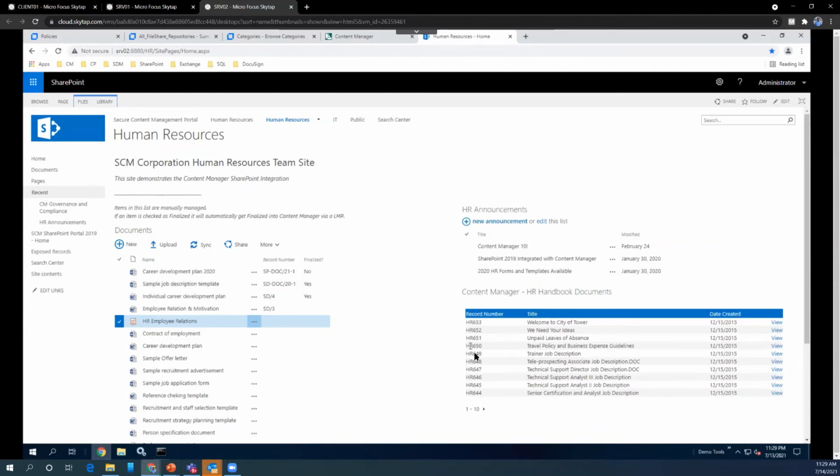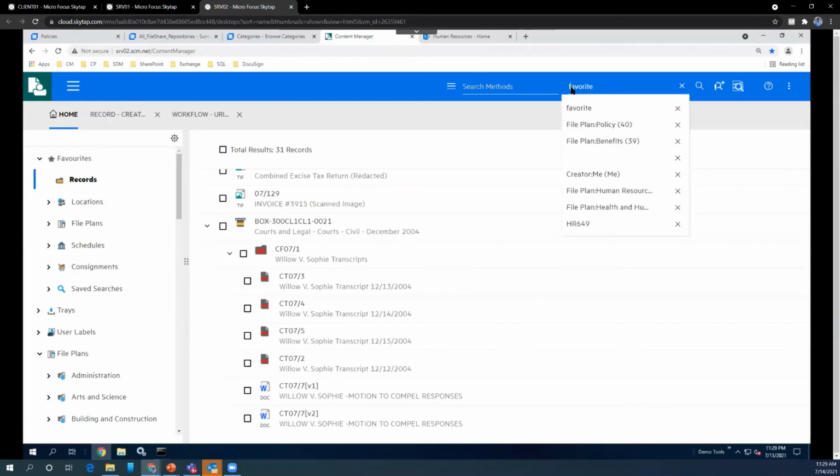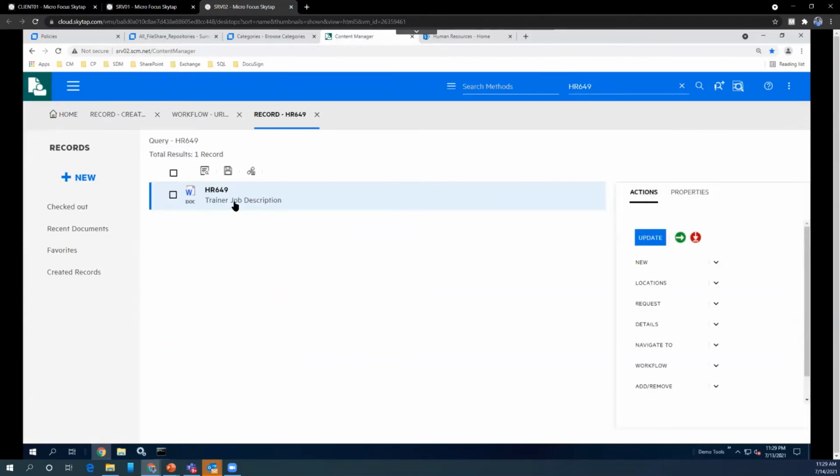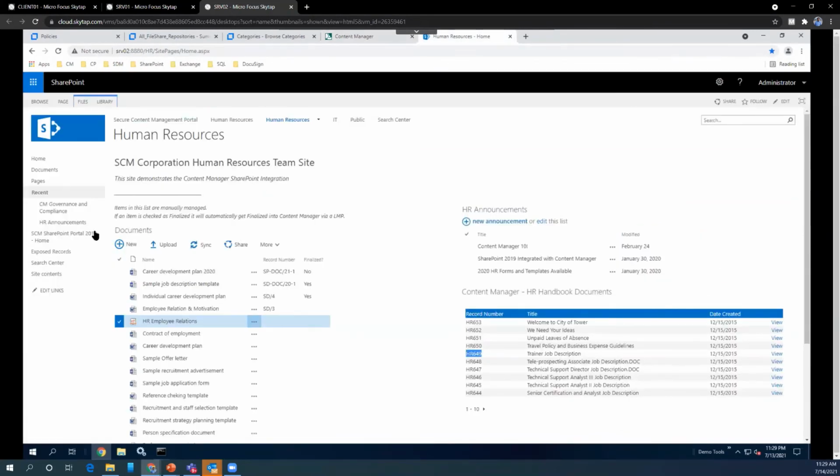So let's say I copy this document and go to Content Manager. You see that this document is being managed in Content Manager, but in the SharePoint interface, it will give you the view that these are the documents with the relevant record numbers.